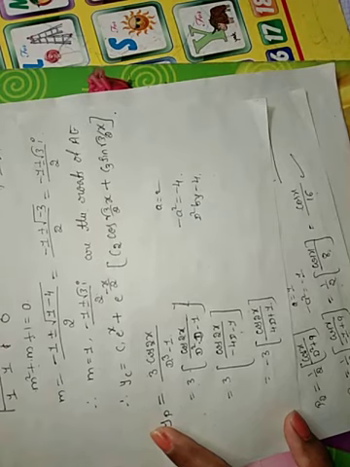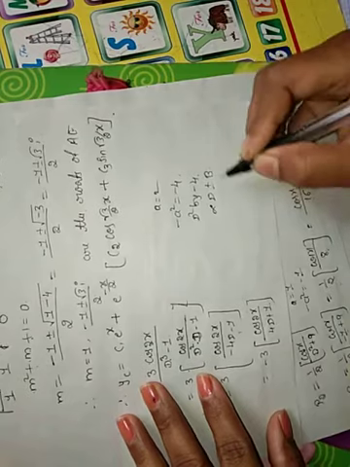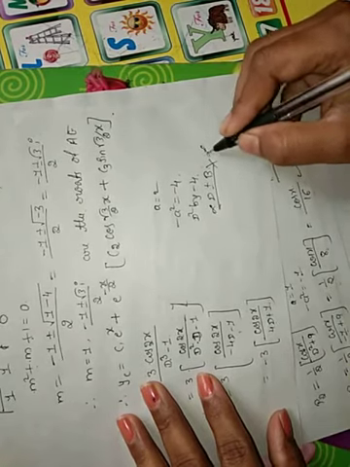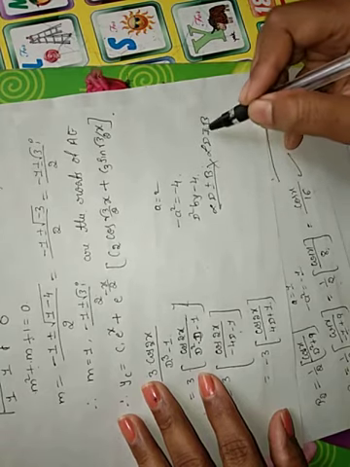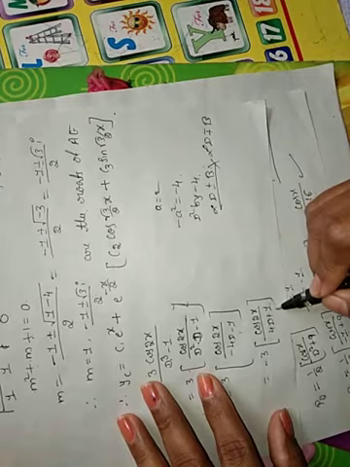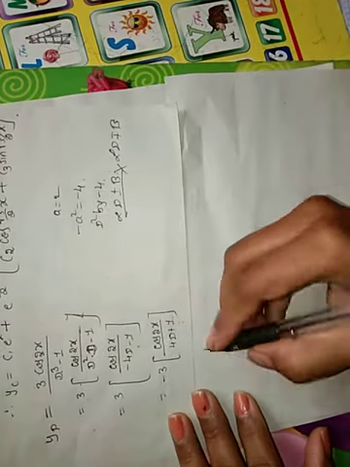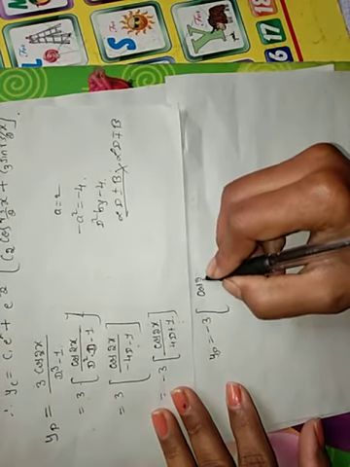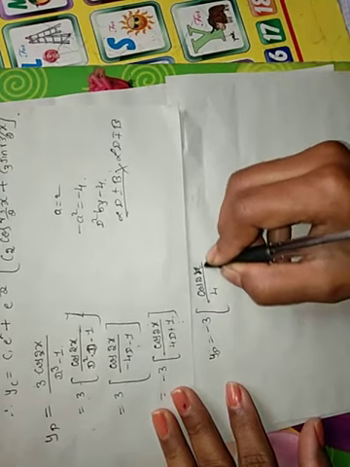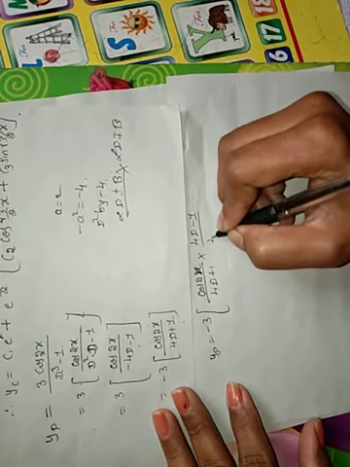As we know, if the function is in the form of alpha D plus or minus beta, multiply both numerator and denominator by alpha D minus or plus beta. If it is alpha D plus beta, multiply alpha D minus beta to both numerator and denominator. So I am going to multiply both numerator and denominator by 4D minus 1. Keep your minus 3 as it is. Cos 2x divided by 4D plus 1 into 4D minus 1, divided by 4D minus 1.